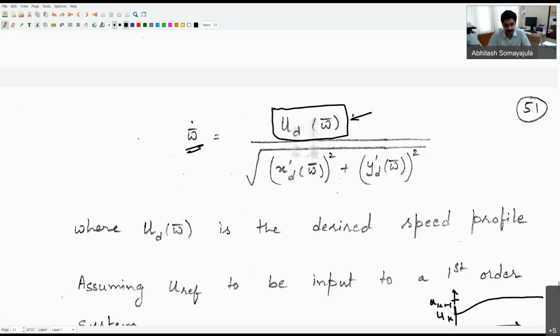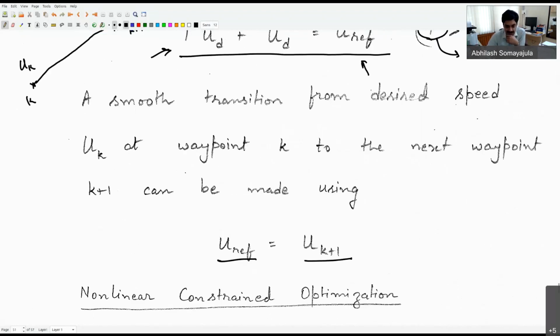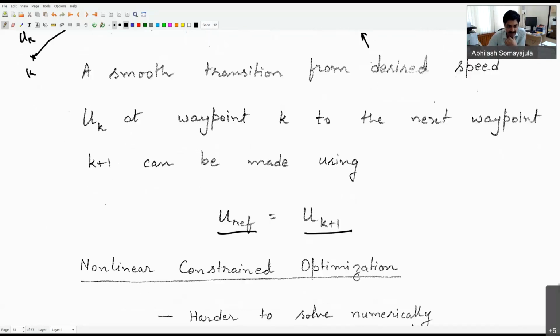All right, so this was a very easy way to see how to generate a waypoint path through different specified waypoints, how to map a path, how to plan a path, especially a curved path through these waypoints. We'll take a look at one other method which is also quite popular, but it is a little more computationally intensive as compared to the current method that we have seen. And that one is